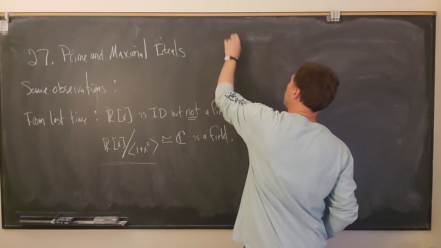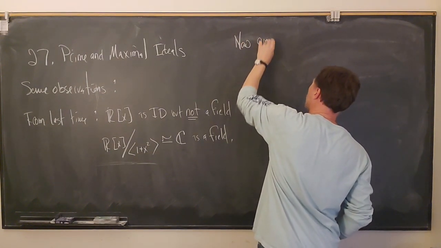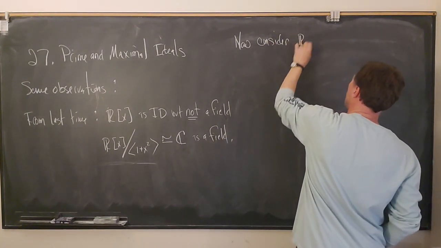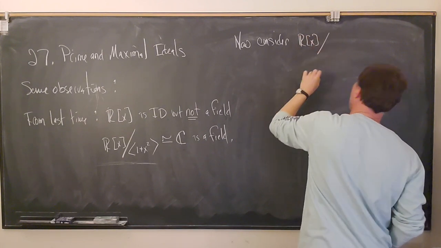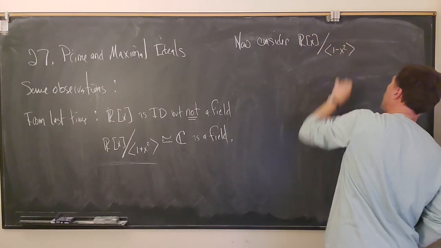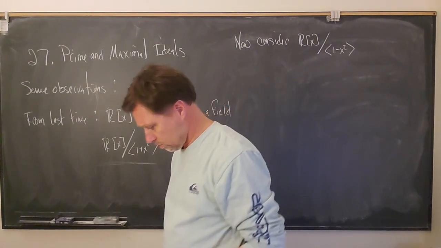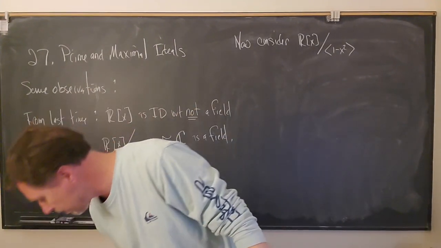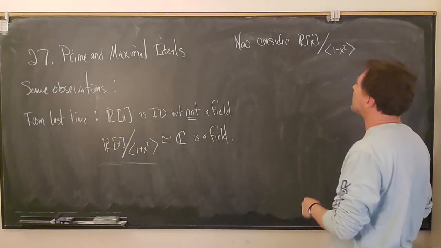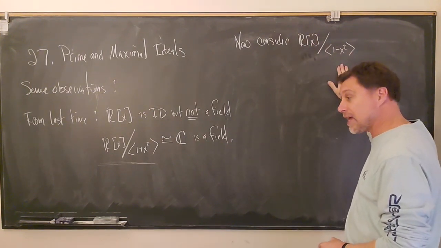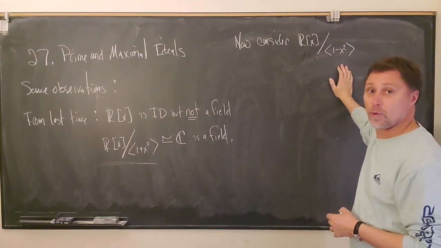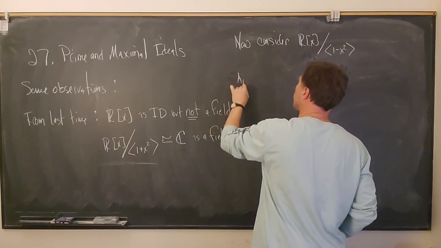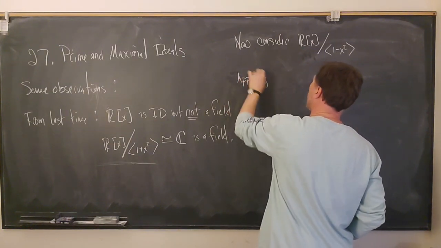So let's say now, consider R[x] mod the ideal generated by 1 minus x squared. Now, what do the elements here look like? A typical element is going to be a polynomial plus this ideal, but using the same idea that we did before, applying the division algorithm,